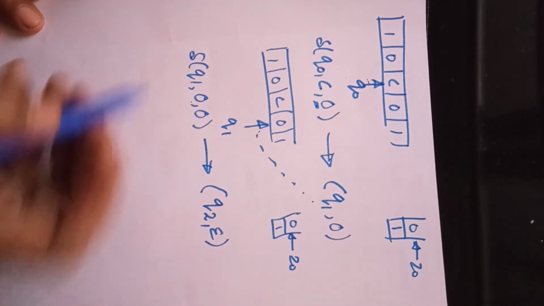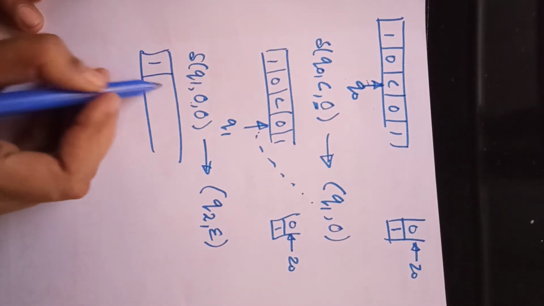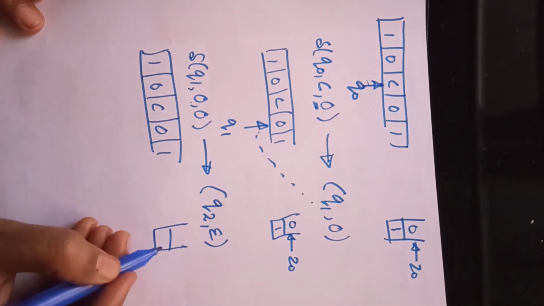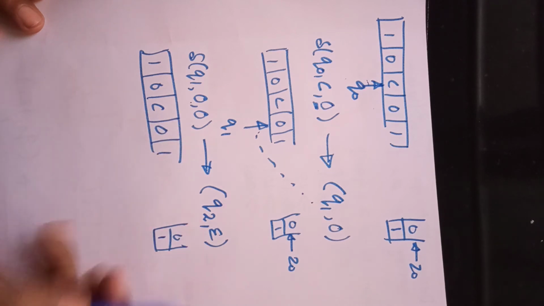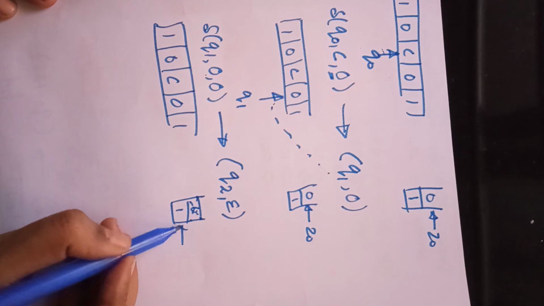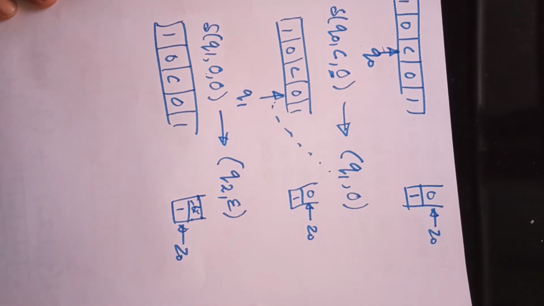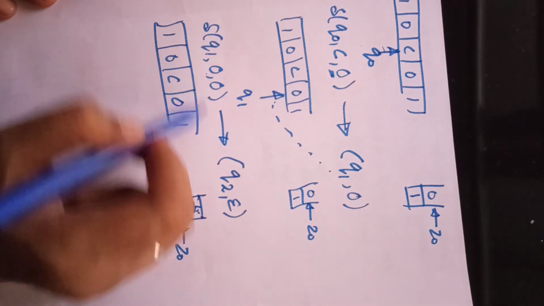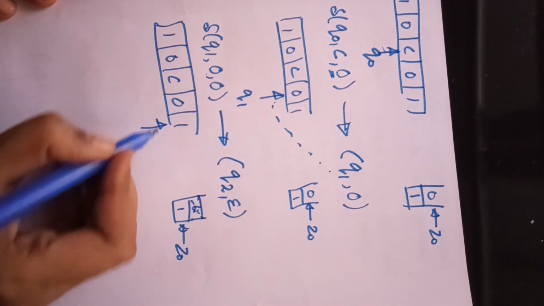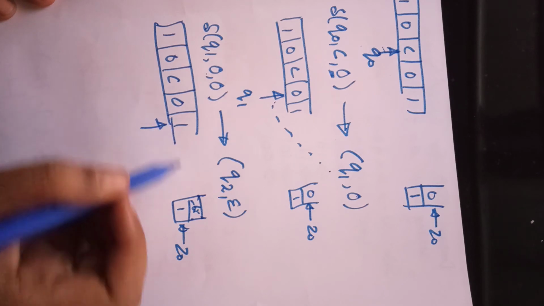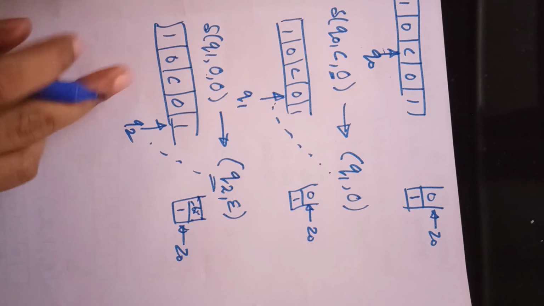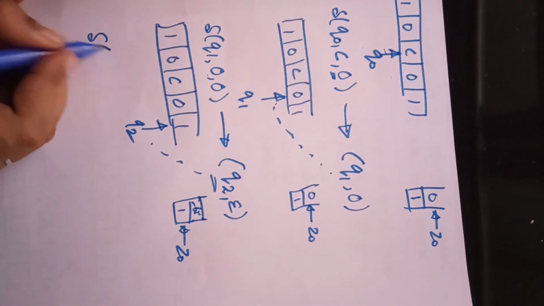So whatever we had done, for that we have to draw the diagram 1 0 C 0 1. And the top of the stack is 1 0. Because of this pop operation, the 0 will be deleted, and the top of the stack will be represented by 1. Here the pointer was pointing to 0. Now because of the movement, it will point forward by 1 position, to 1, and the resultant state is now q2. Now whatever we can see, we have to note it down.